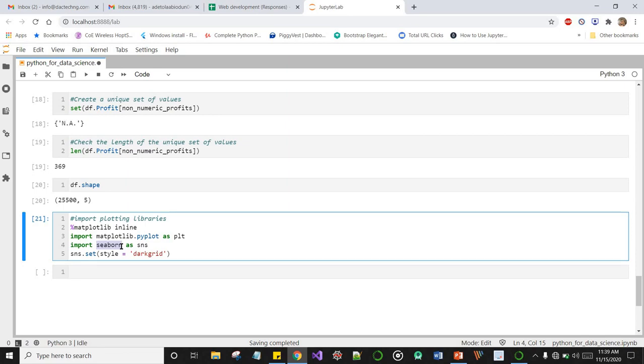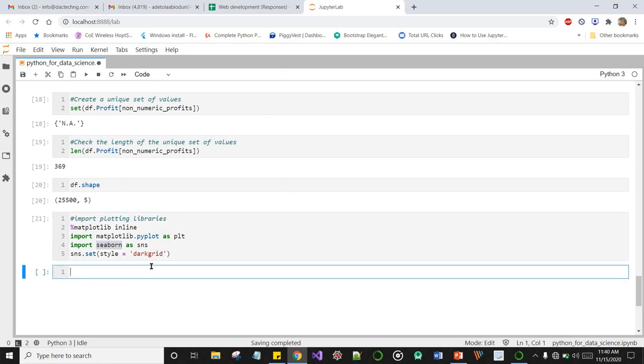It gives us very beautiful plots, and it's very extensive. We set the grid style of our plot to be dark grid. So the next thing I would like to do is plot a histogram.